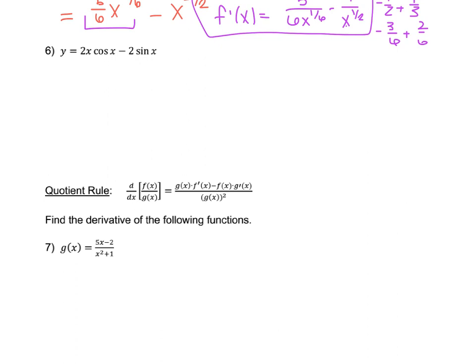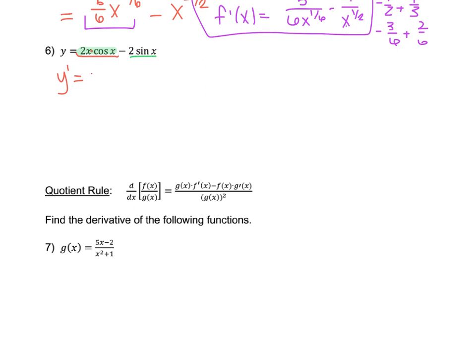So the first piece of this is one function times a second function. However, this negative 2 sine of x is not something we need to apply the power rule or the product rule to, because there's no function of x with this negative 2. That's just the coefficient of this function. The negative 2 is just along for the ride when we take the derivative of sine of x. So there's two parts here. We need to apply the product rule here, and then we'll just take the normal derivative of negative 2 sine of x. So y prime, the derivative, would be, taking this first piece here,